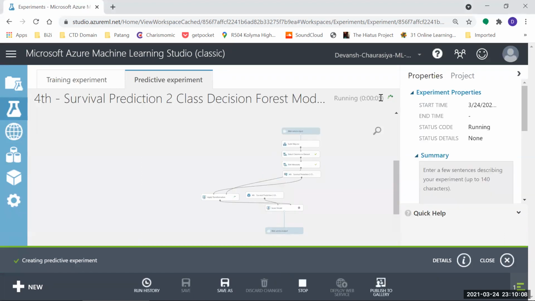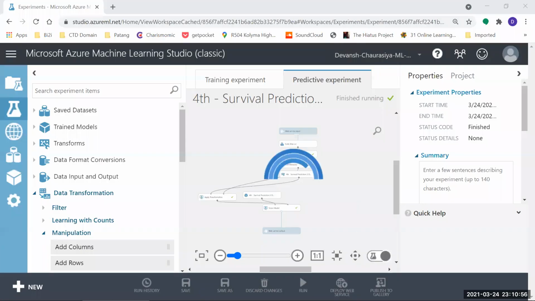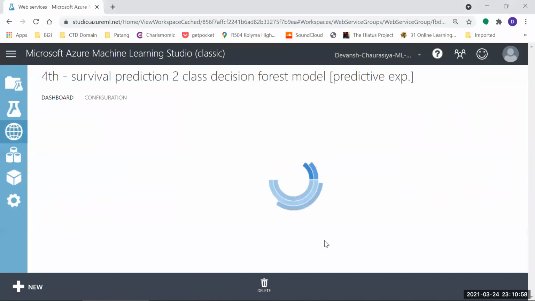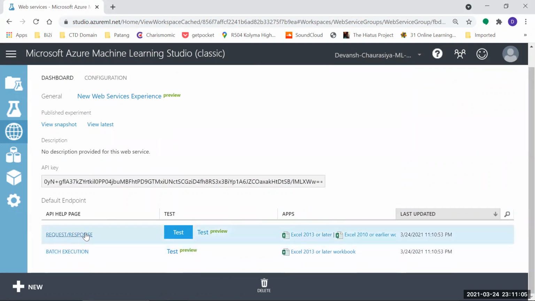Queued, running. So creating the predictive experiment, it has run. And I click on deploy web service. Now when I click on deploy web service, it brings me to this page and it is ready.